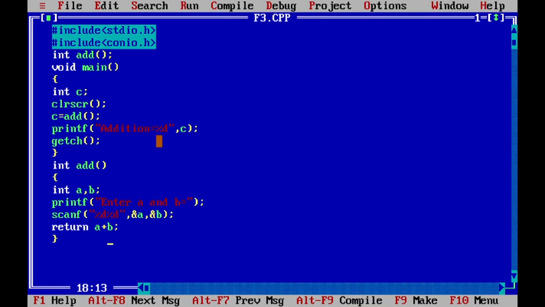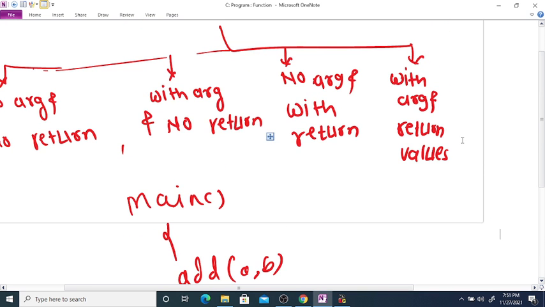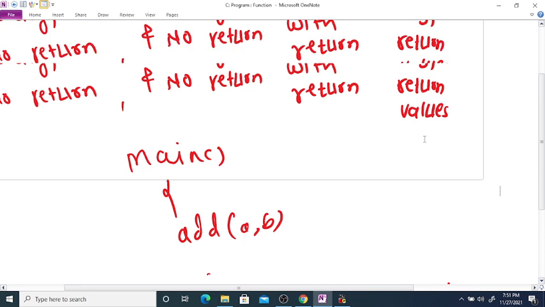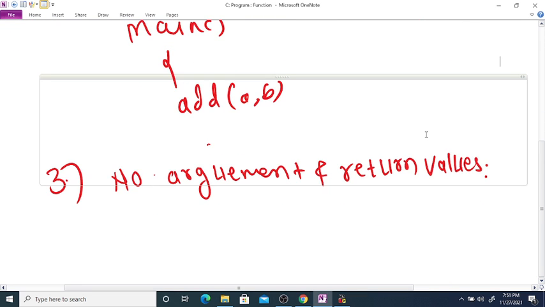Now the last type, the fourth type, is with argument and return values.